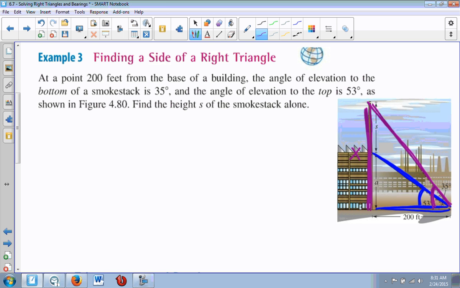The angle of elevation to the top is the 53 degrees. So tan of 53 degrees is equal to x over 200. Since the x is in the numerator, we're going to multiply. So 200 tan of 53. And I get the